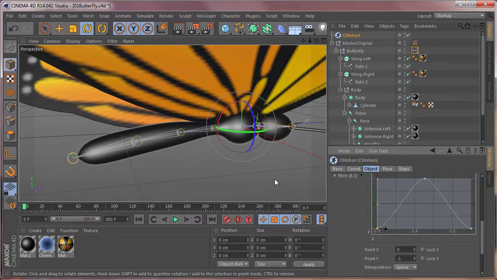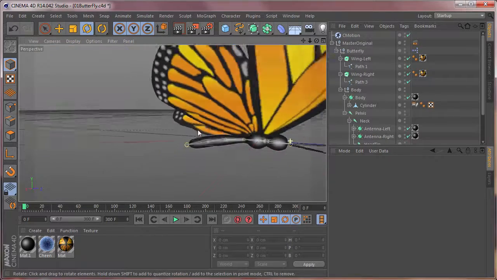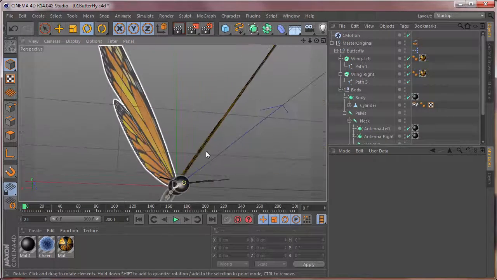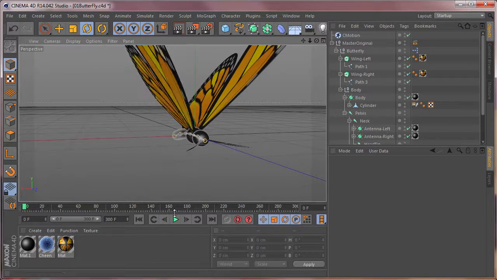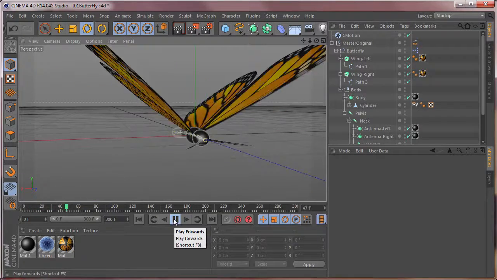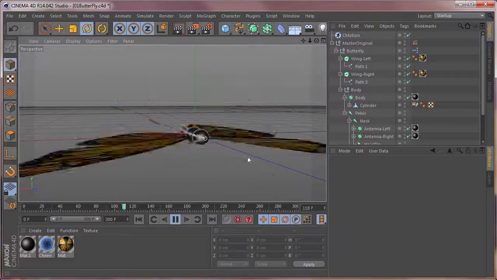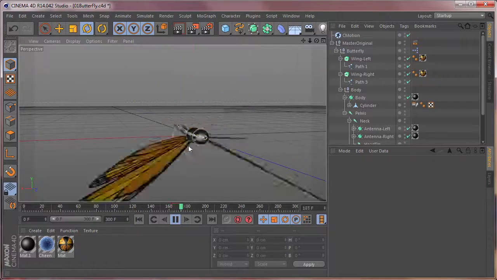Okay, so let's take a look at this thing here. And you can see that there we've got a cyclical flapping motion with a little bit of